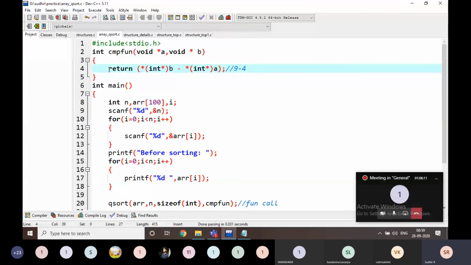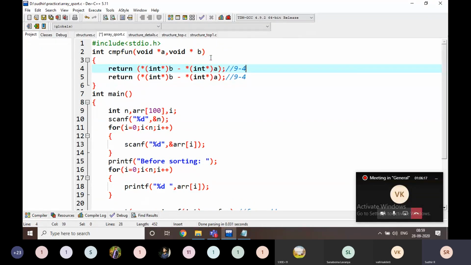Yes, just try to write this one. For example, I am going to write, just note it down like this. For example, this is going to be ascending order. This is ascending order, and this is going to be descending order like this. We can write any one of them, not both. Okay. Is it clear, everyone? The first one is ascending order and the second one is descending order. Is it clear?